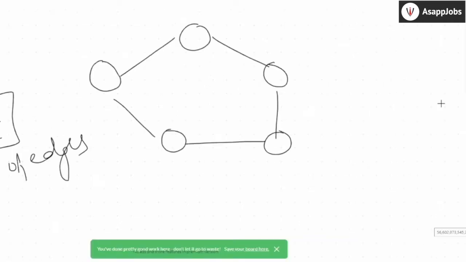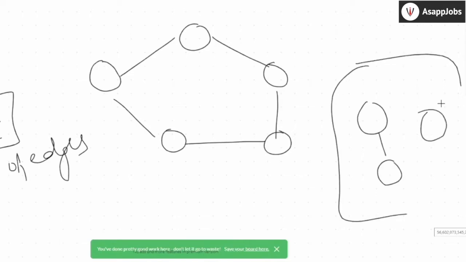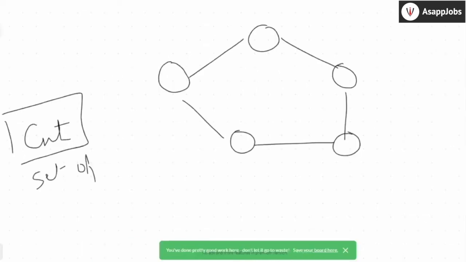So this is one graph, right? There might be a graph like this. In this particular graph structure, I can't go from vertex 1 to vertex 3 because there is no connectivity between them. So this is a disconnected graph. The graph I just drew in the above picture is a connected graph. So that's what I mean by connected. So a cut in a graph means if you remove those edges, it becomes a disconnected graph, not a connected graph. Here I can say these edges are a cut, this edge 1 and this edge 2. If I remove these two edges, my graph will be divided into two parts. That's what a cut means.